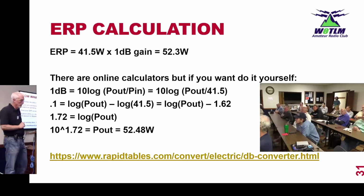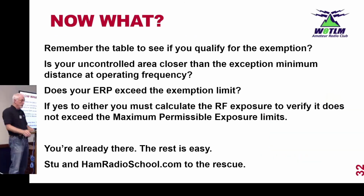Now what? So there were some equations back at the beginning that I showed that you could use to determine if you qualified for the exemption, but you're almost there, so you might as well keep going. So now you look at, is your uncontrolled area closer than the exception minimum distance at the operating frequency? Does your ERP exceed the exemption limit? If yes to either, you have to calculate the RF exposure. You're already there, the rest is easy,